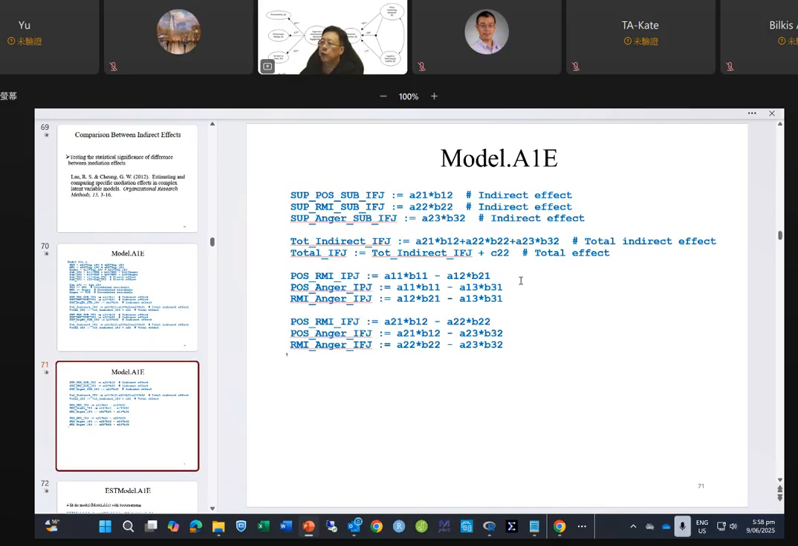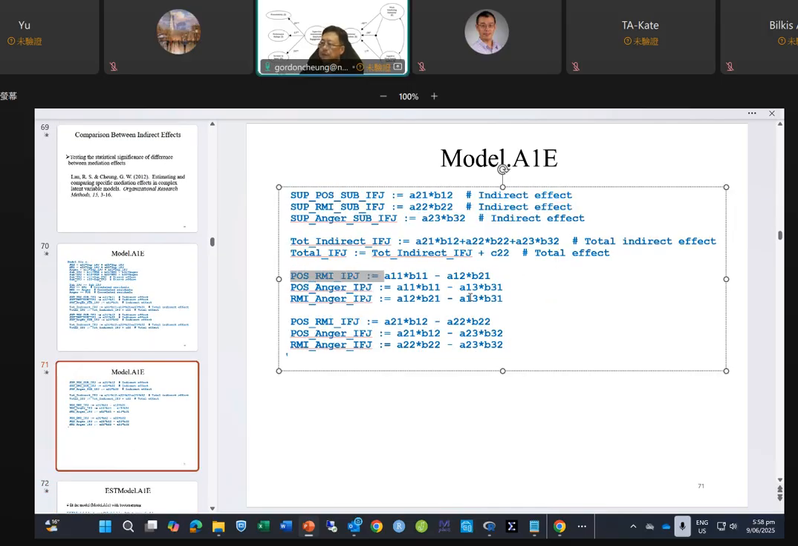Now we can create some differences. For example, for the interpersonal justice, we can use the POS minus RMI. This is the difference: A11 times B11 minus A12 times B21. Okay. What that means is